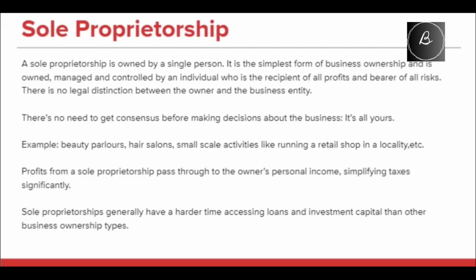What this means is one's home, bank accounts, cars, and other assets can be seized to satisfy the claims made by creditors if the business hits a rough patch financially. Now, there is no need to get consensus before making decisions about the business. It's all yours. Examples include beauty parlors, hair salons, small scale activities like running a retail shop in the locality,